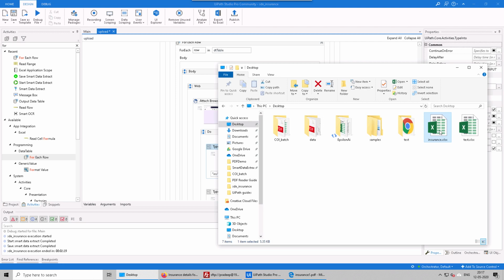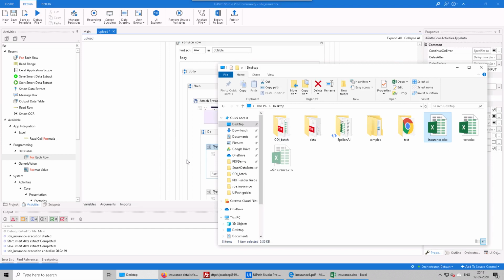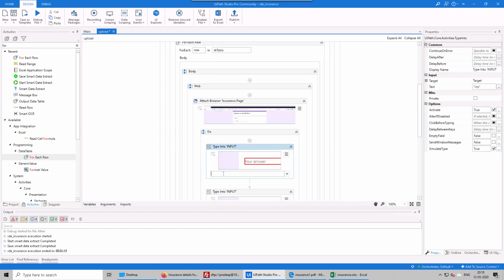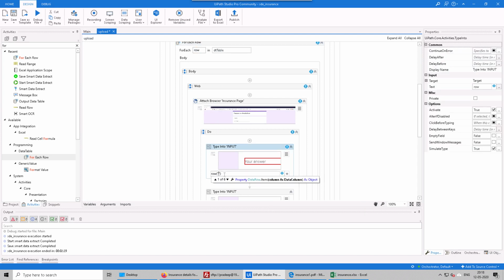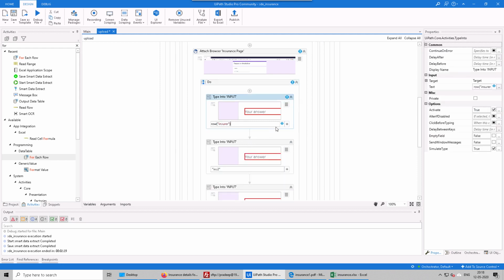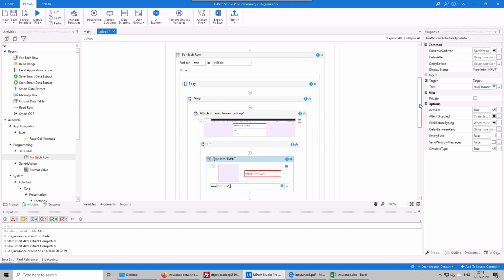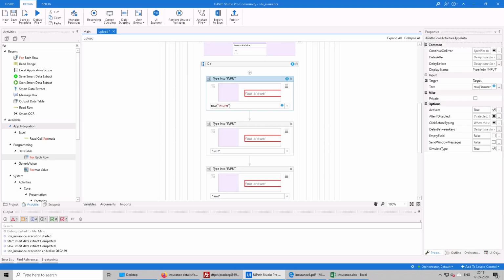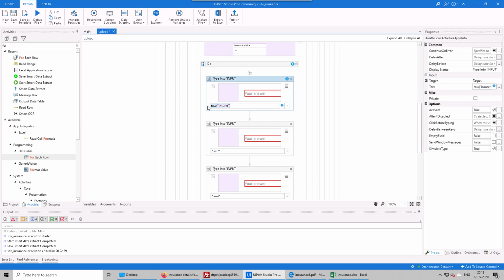So let me just open it once again. So we have to take this value. So this will be row, which is this variable, row bracket insurer. Okay, I think this should be fine. Let me just continue.